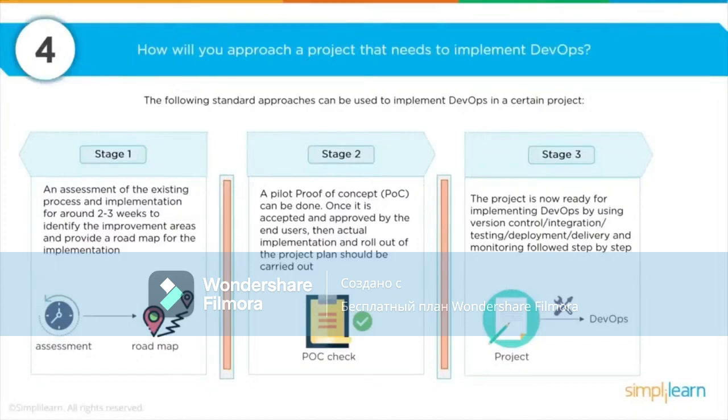That second stage, and this often comes as a fast follow to stage one, is actually proving out that concept. So developing a proof of concept. And a proof of concept can actually be multiple different things. It could be something as simple as a wireframe, or something as complex as a mini version of the final application. The scope of the work that you're delivering will really depend on how complicated you want the POC to be. But with that in mind, whatever choice you make, you have to be able to deliver enough in the POC